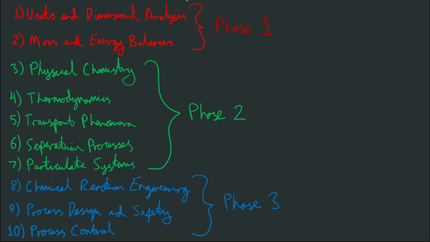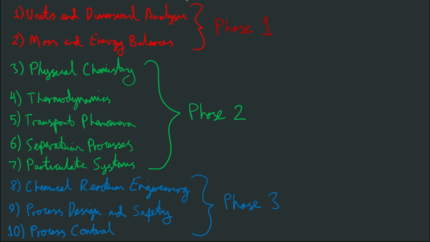Technically, phase 2 is all about the physics, but I decided to put mass and energy balances first because it's the underpinning of every other topic. If you do it later on, it just doesn't make sense because then you perform no actual chemical engineering, we'll just be learning physics. By having the mass and energy balances first, we learn how to apply it later on.